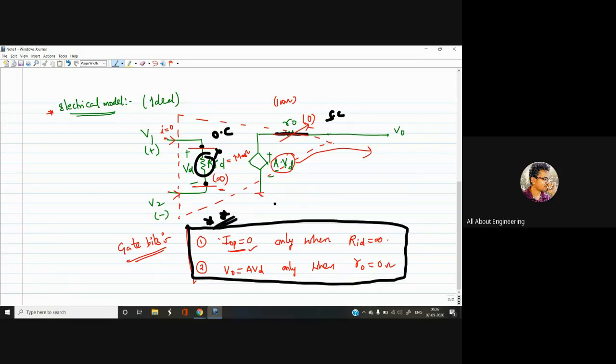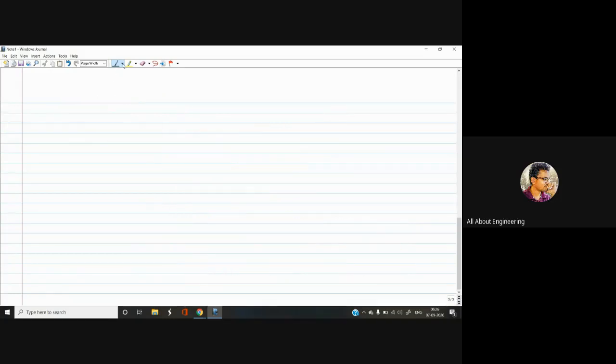But these were in the early years, around 2004 or 2005. Now such simple questions are not posed in the GATE exam. As we came across this concept, I just recollected those previous questions. Clearly, these are ideal cases which are not practically attainable, such beautiful characteristics. Now let us see a small table which gives the idea of typical values, which are very, very important.